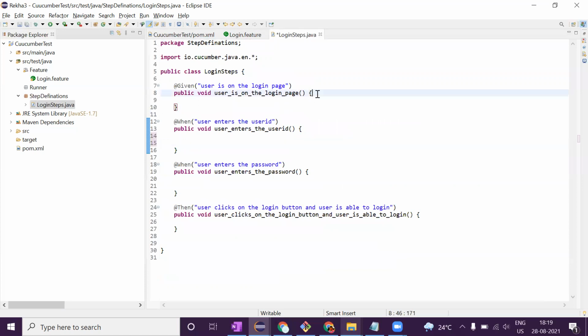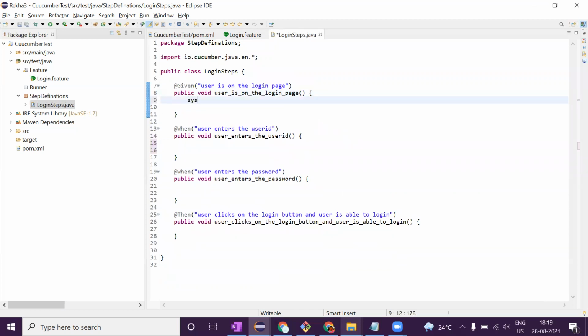So I'll give just a console output here: System.out.println, User is on the login page. System.out.println, User enters user ID.